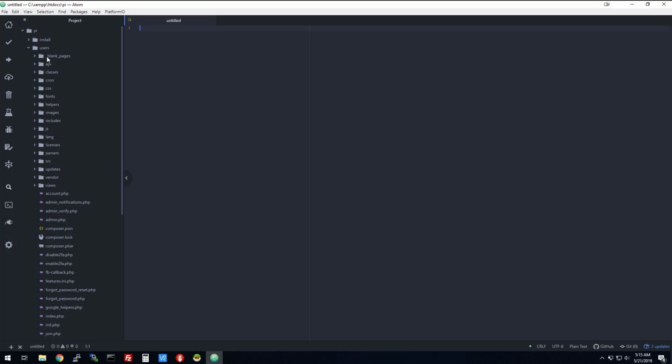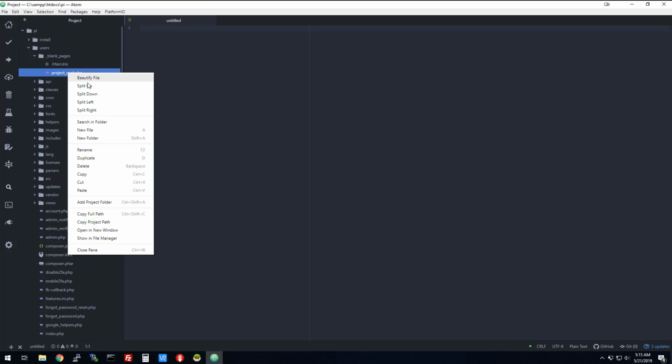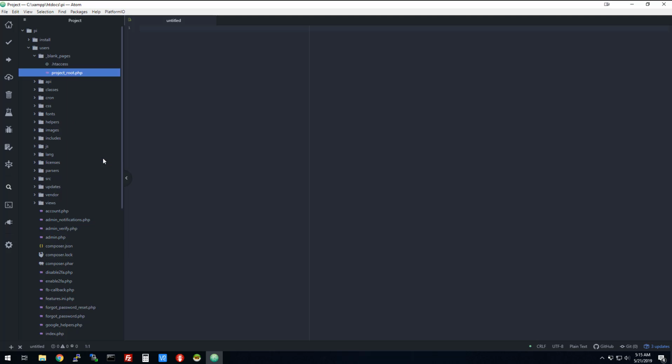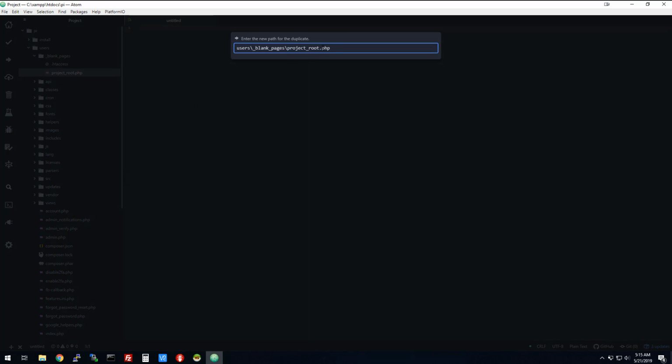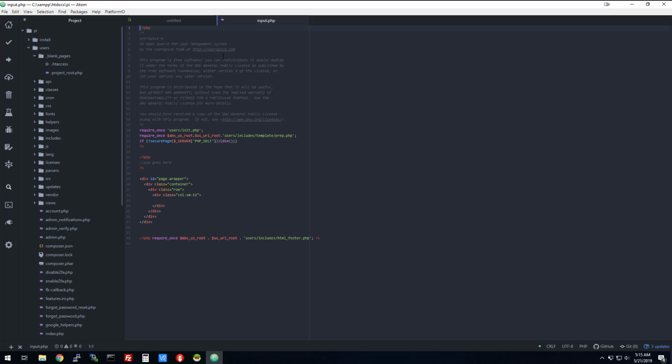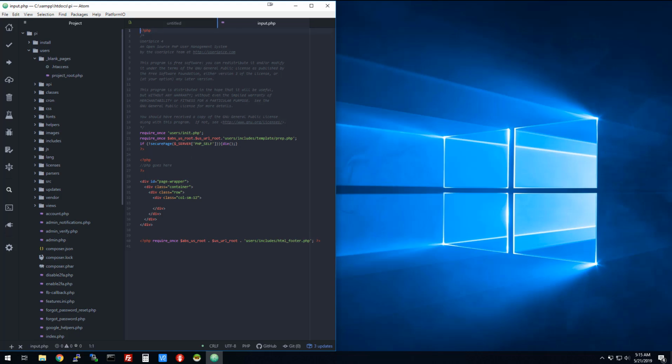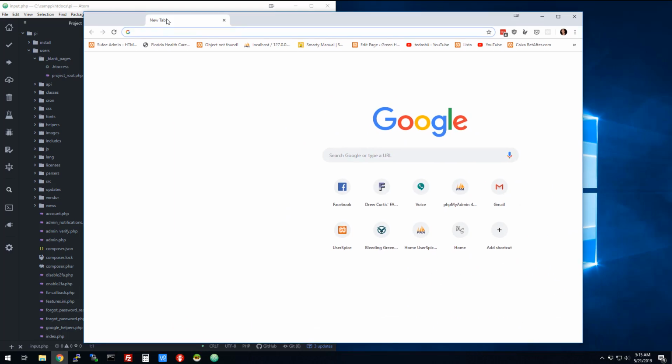We're not going to do anything fancy with it, but we're going to go in this folder that has blank pages, and we are going to duplicate a blank page and bring it into the main folder, and we're going to call it input.php, and you'll see there'll be a reason for that. Anyway, so we have this input.php, and now if I were to come here to my browser and load input.php,